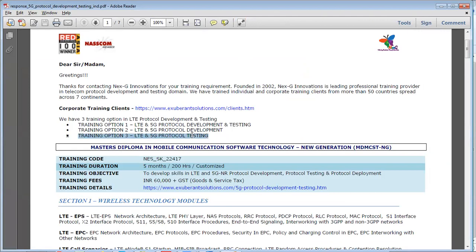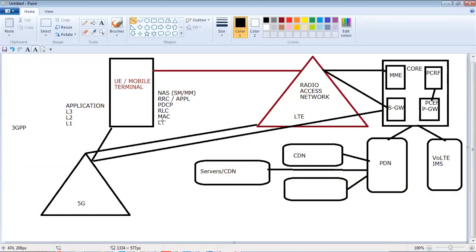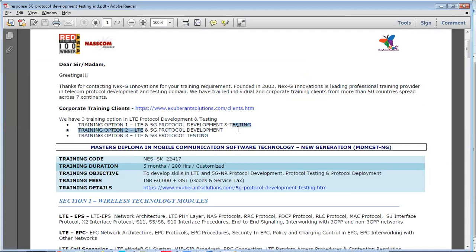After doing this protocol testing, you will be able to get a job where you will be testing these protocols, testing these equipments. Okay, then if you do the development,